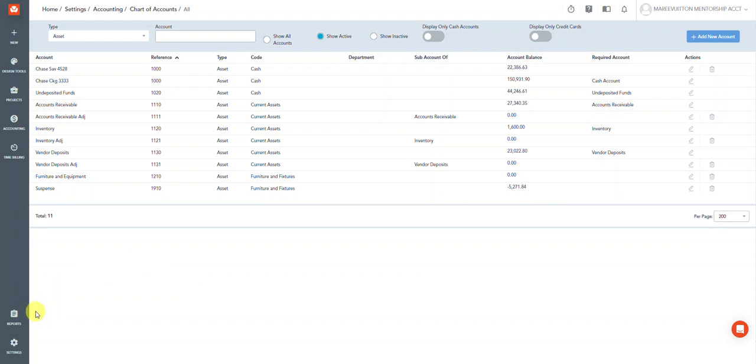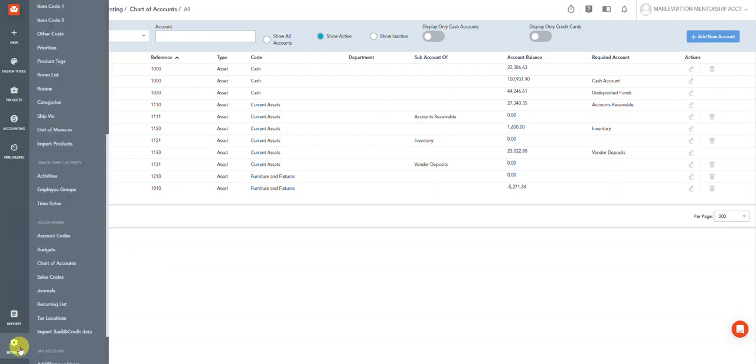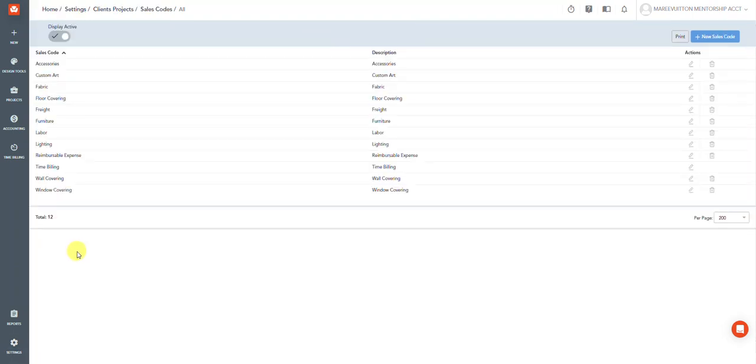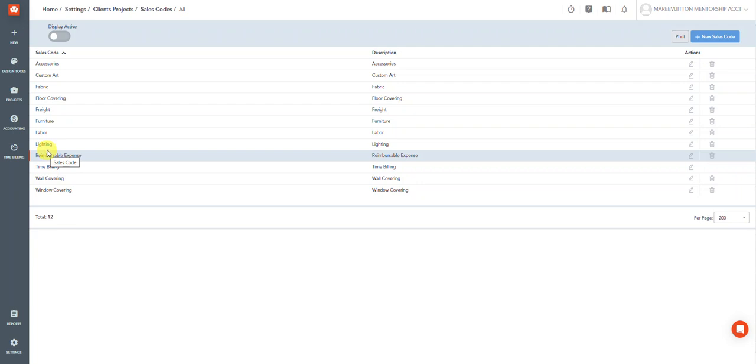Okay, how to set up sales codes. I see people setting up sales codes all the time. Before setting up sales codes, I would highly recommend that you first look if there are standard sales codes that you can tweak. When I say that, it's because when you set up sales codes, there should be corresponding